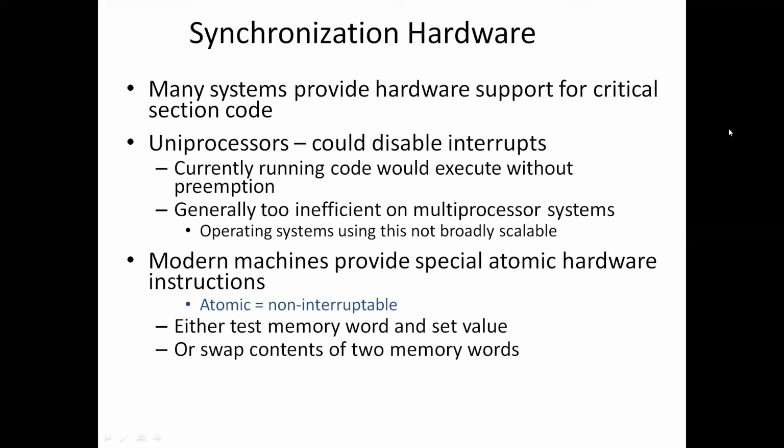To provide the solution for the critical section problem, modern machines provide some special atomic hardware instructions. Atomic means non-interruptible. Not only that, all the instructions execute in one machine cycle. If you say the instructions are atomic instructions, it means that whole set of instructions will be executed in one machine cycle.